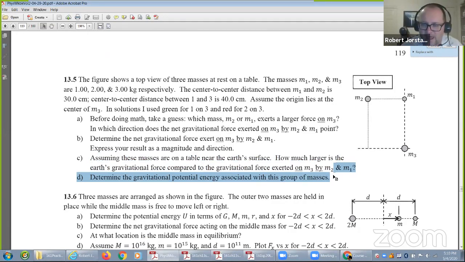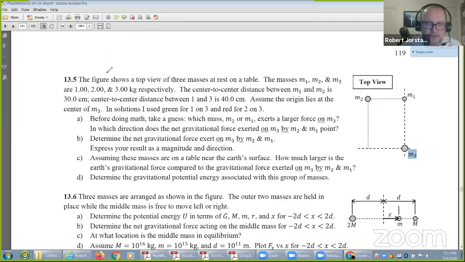We have a group of masses. I hope you remember this from last time. I glossed over it, but there are 3 masses. That means there are 3 possible pairs. 1 with 2, that's a pair. 1 with 3, that's 2 pairs. And then 2 with 3, that's 3 pairs. The way I keep track of this is as follows. U total,